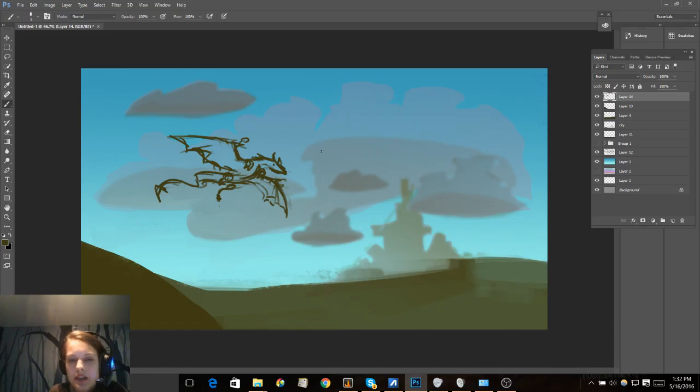There probably should be another dragon back here, behind these two clouds, because I want there to be sort of an understanding of how big this city is compared to the dragon. So what's going to be necessary is that this edge, whatever's behind here and behind this, will define the scale if I have this dragon. So what I'm going to do, I think, is add a